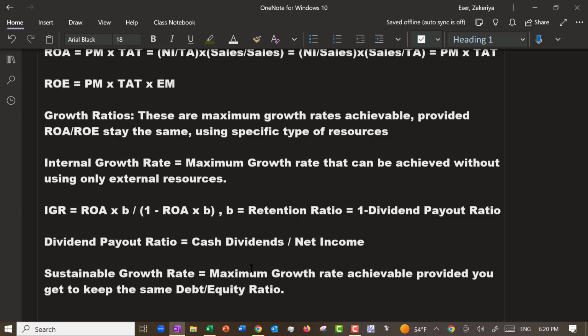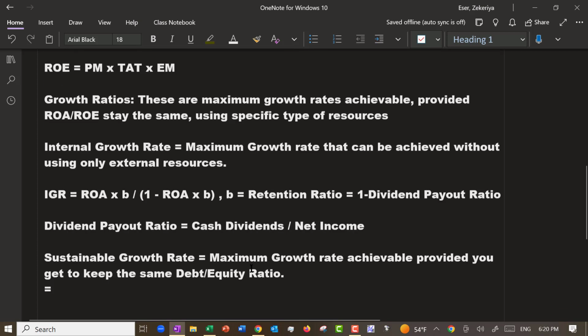I mean, you can borrow more, but your debt equity ratio needs to stay constant. And that's equal to a similar definition, but with ROE times B divided by